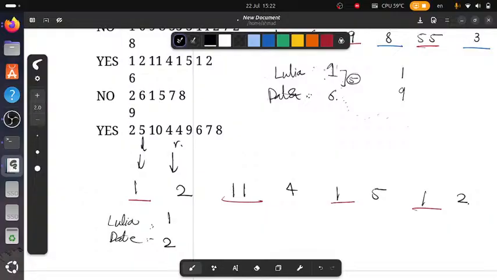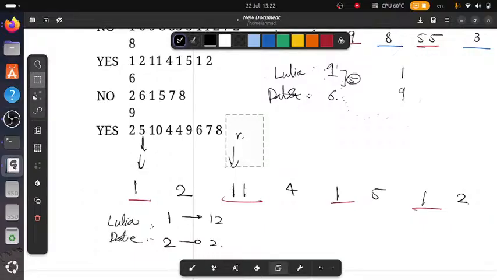We can see, okay, what we can do is Julia is less than her date, so we need to move our right 1 step forward. Right comes here, then Julia's sum becomes 12, her date's stays 2. Then what we do is